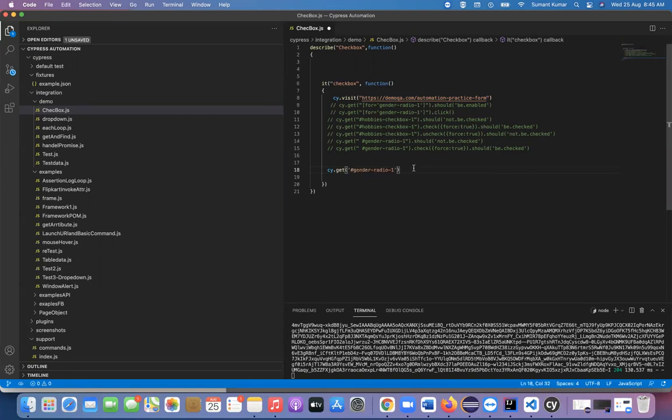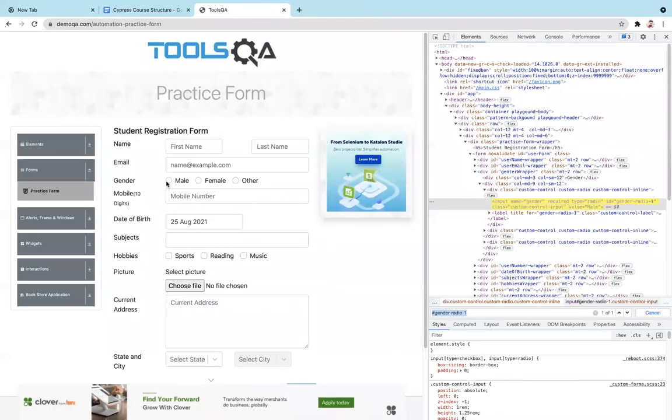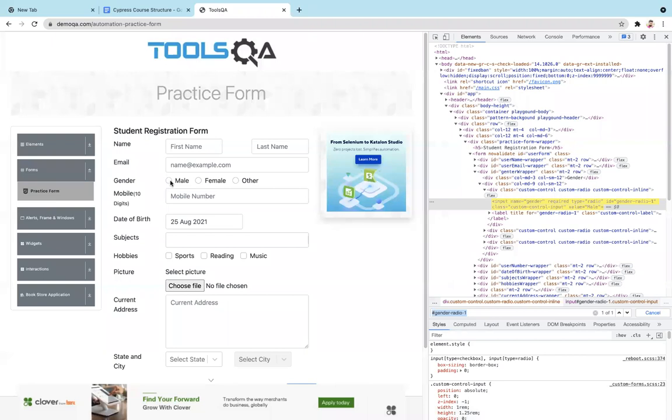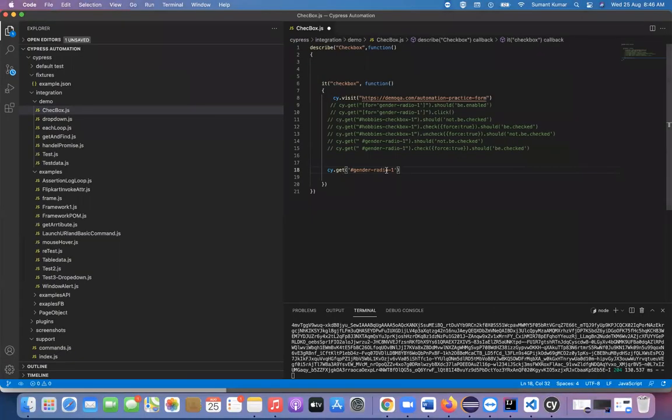At this time we can see this is not clicked, it's not selected. In Cypress, if you want to verify whether a radio button is already selected, or whether a checkbox is already checked, for both we have one assertion, and again it's coming from the Chai framework. Chai is basically used for assertions. Here we grab the element, and if we have already grabbed the element, on that we can put the assertion.